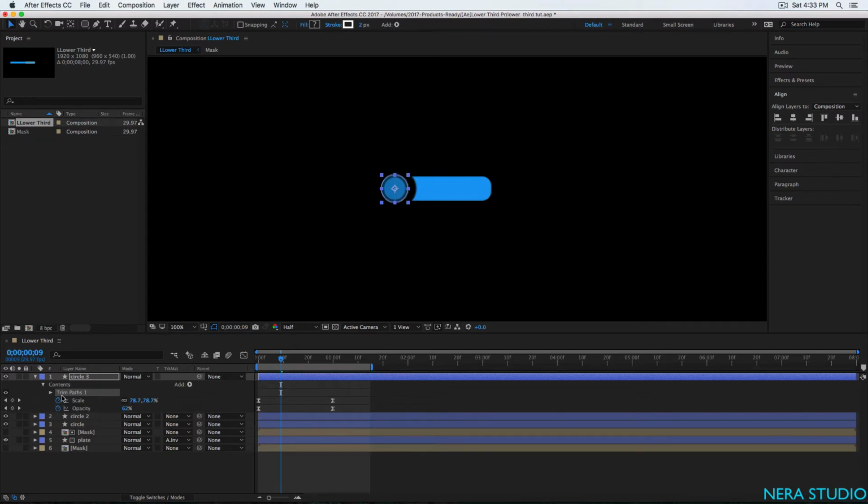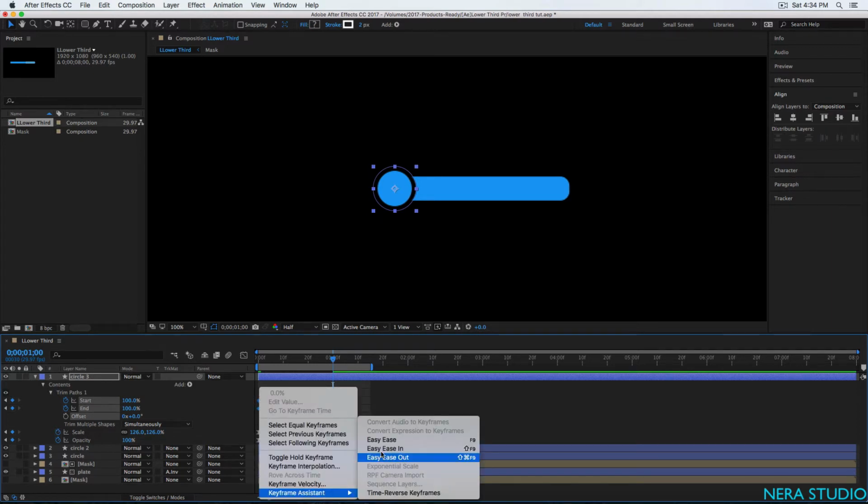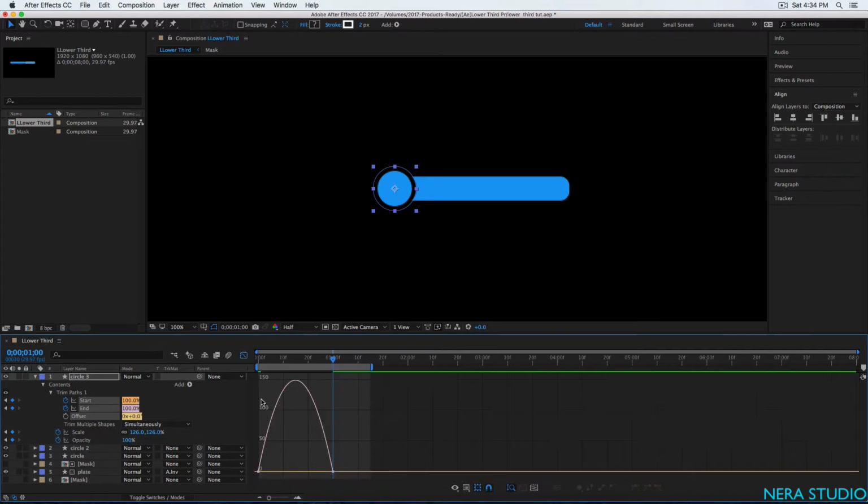So let me just go open this trim path, and you see the start and end. So let me just put the end on 0%, and let me just maybe have 2 keyframes at the beginning, and let me just go maybe 1 second long as well, and let me just go 100%, and also we need to select the keyframes just to smooth the animation, is ease. And let me just go back inside the graph editor,